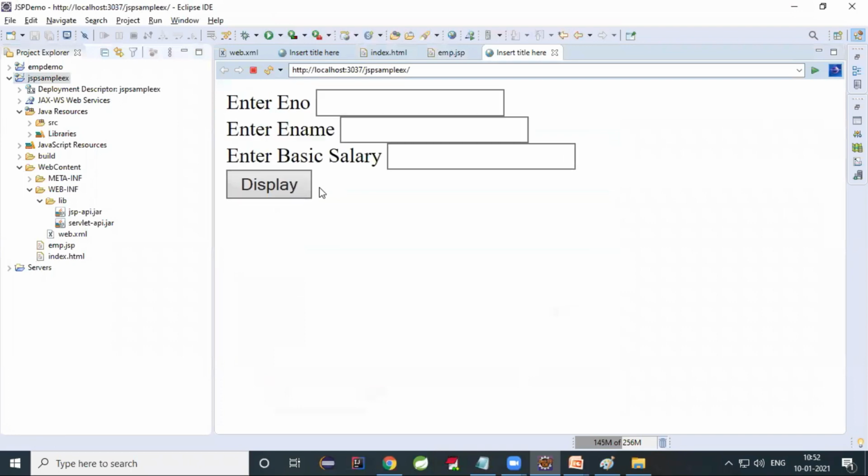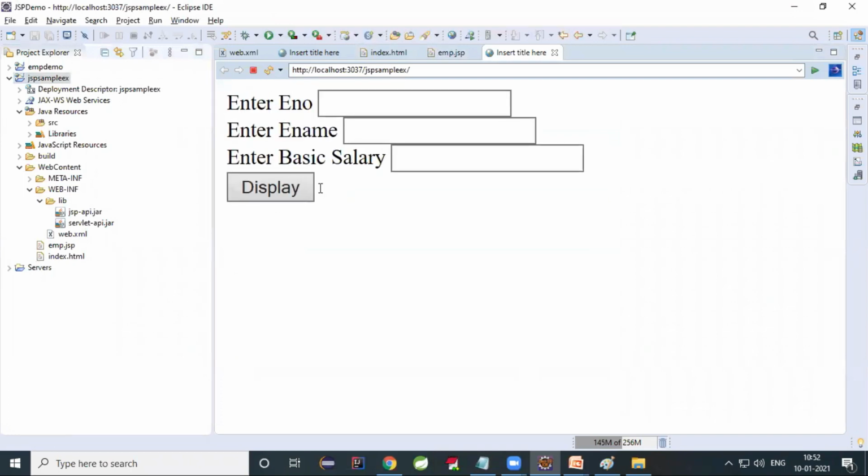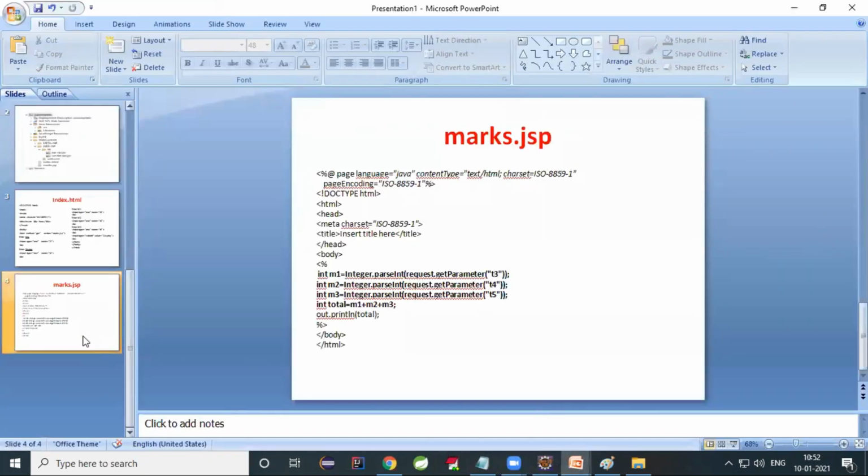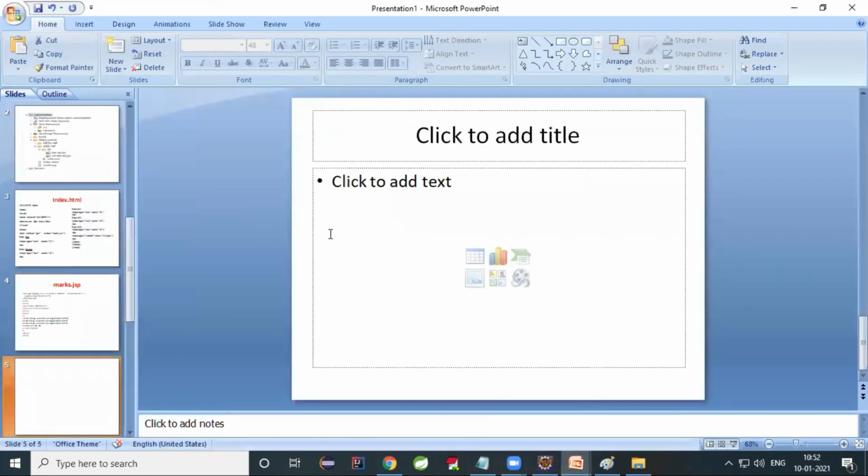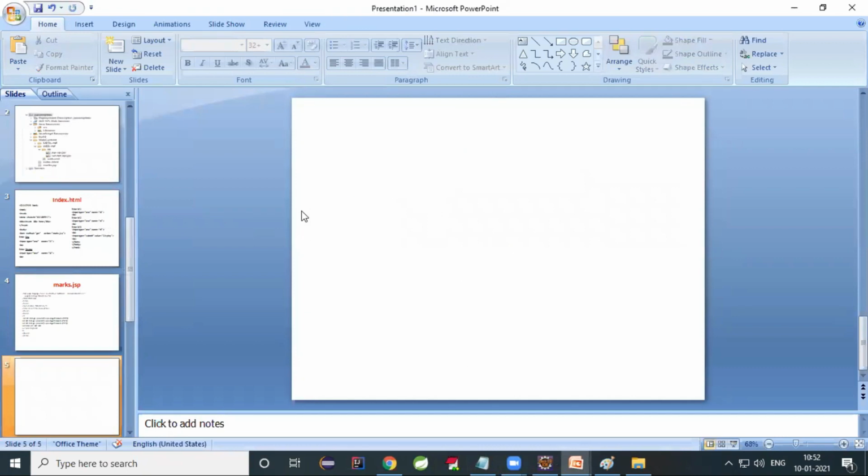Now this is my design. Enter employee number, employee name and basic salary. Are you following, everyone? Employee number, employee name and basic salary.